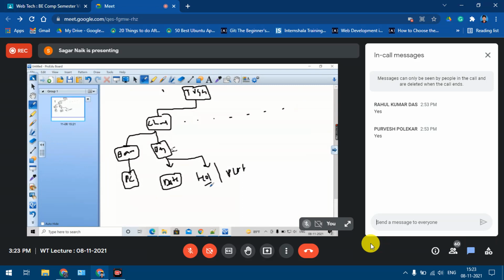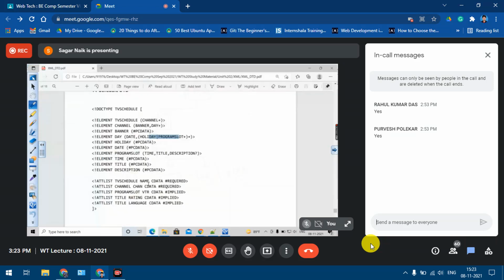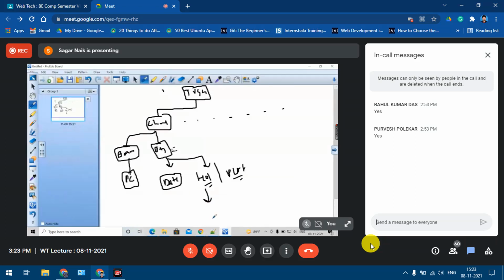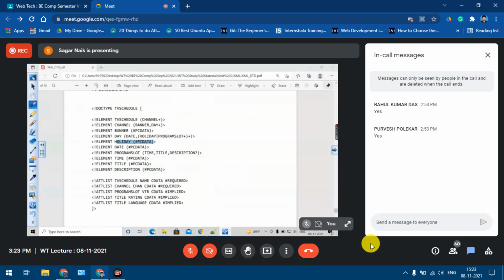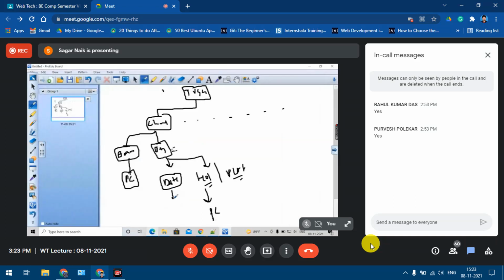Understood? Going to the holiday, it is PCDATA, and the date also is PCDATA. This is fine.